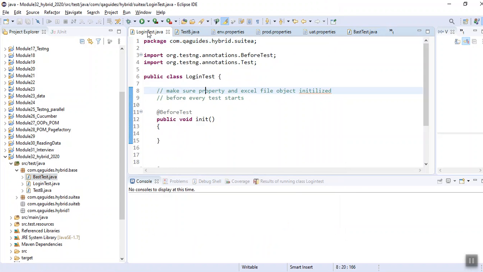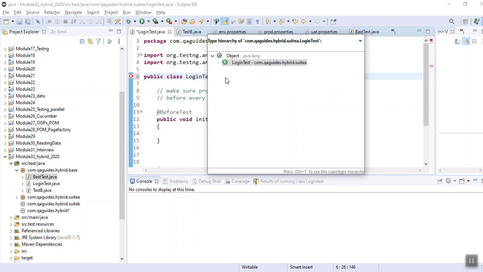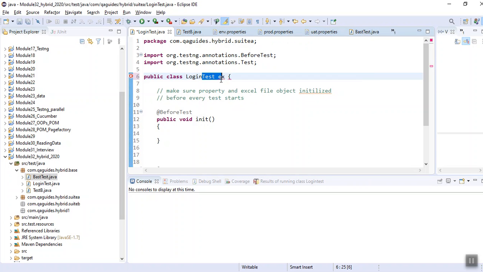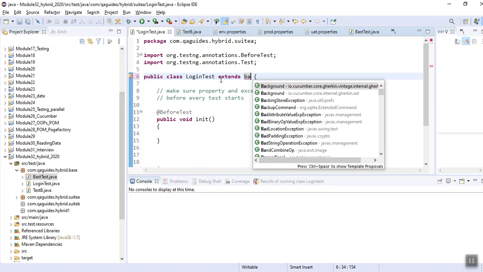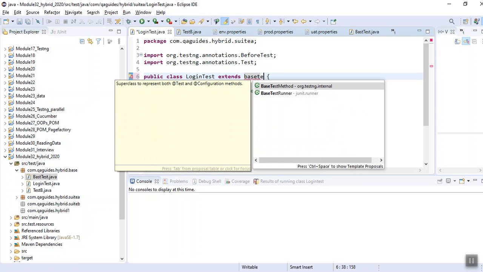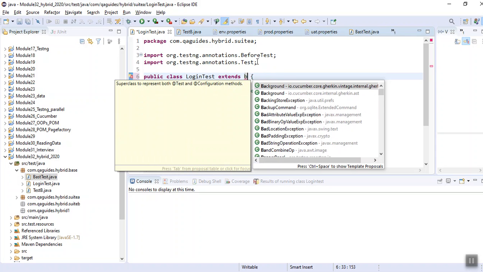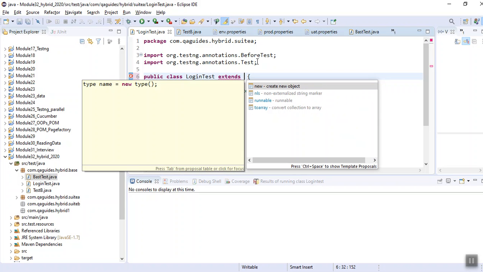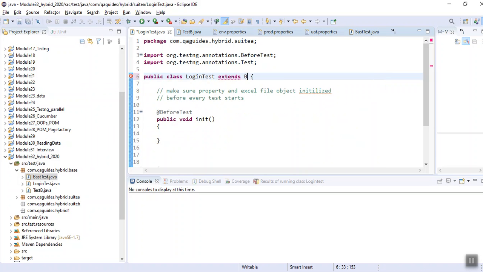Our login test will extend base test. Why is it showing me this base B capital?